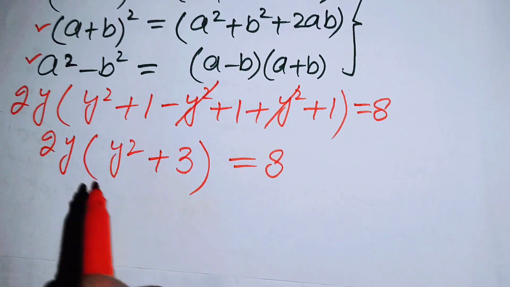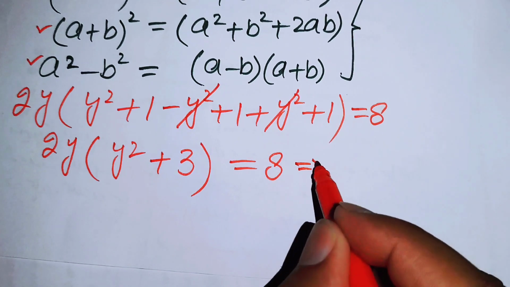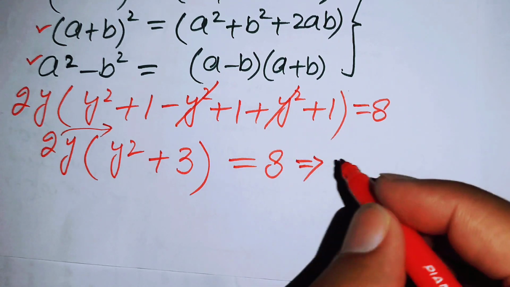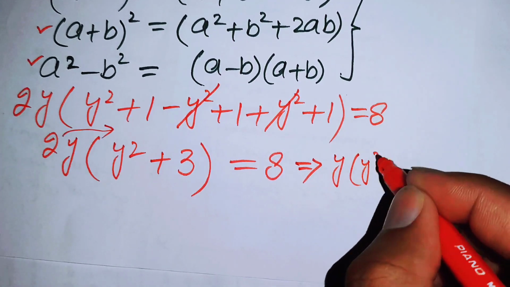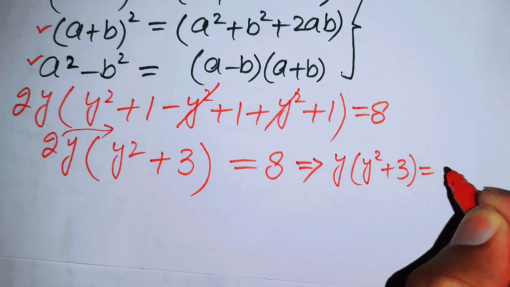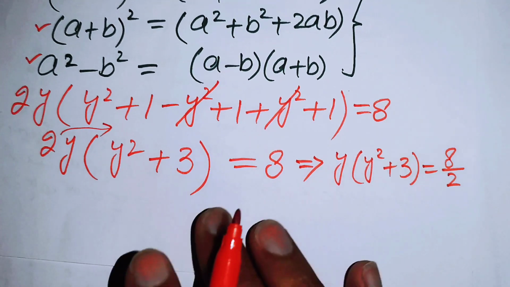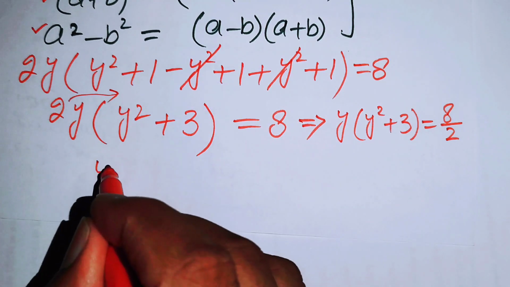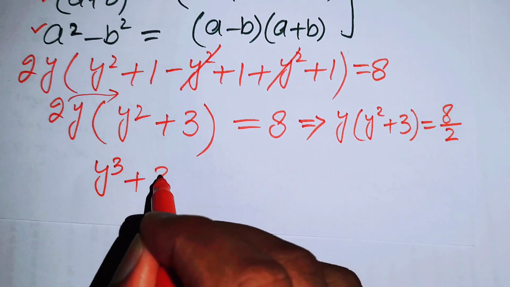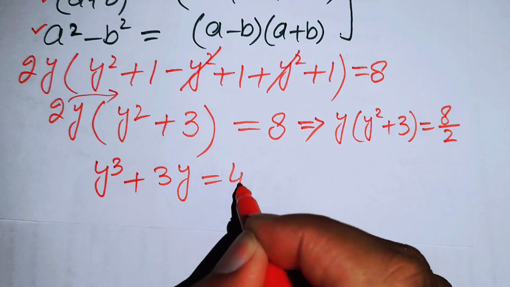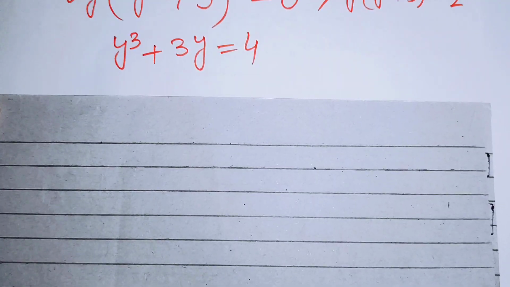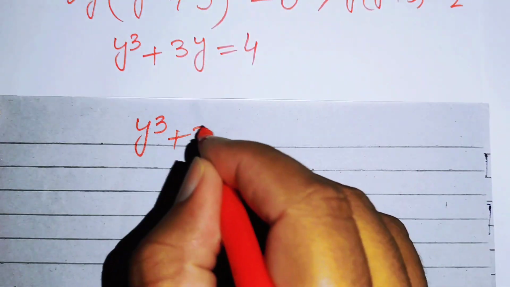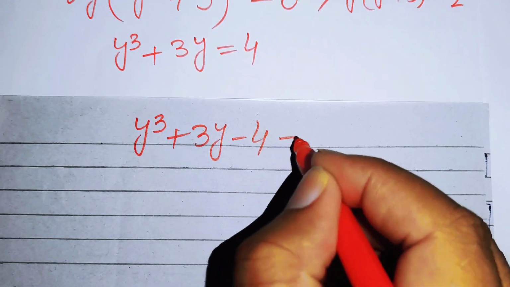And now we can divide both sides by 2, or you can move this 2 in the right hand side and you get y times of y square plus 3 is equals to 8 over 2. And finally, you can multiply this y on both of the terms and you get y cubed plus 3y is equals to 4. Now we move this 4 in the left hand side and you get y cubed plus 3y minus 4 is